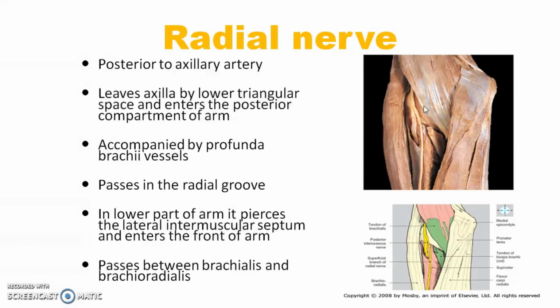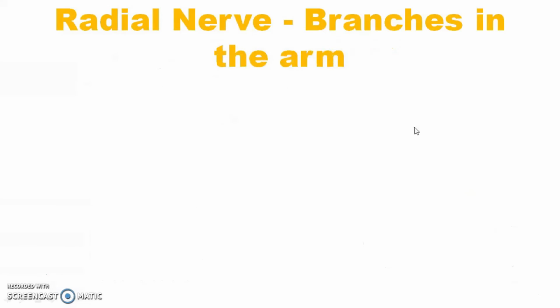After reaching the elbow region, it gives some branches, and here you can make out the posterior interosseous nerve, which is a branch coming from this radial nerve. So we will be having a superficial branch and a deep branch divided by this radial nerve trunk, and the superficial branch of the radial nerve comes in the anterior aspect. The posterior aspect will be having this posterior interosseous nerve. In this image also it is clear: this is the radial nerve, this is the superficial branch, and this will be called the deep branch or posterior interosseous nerve.